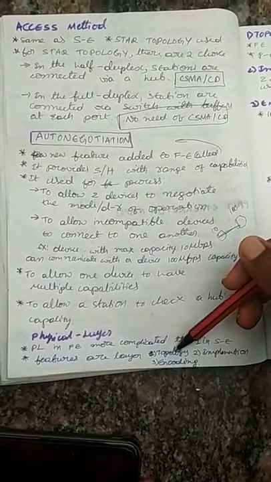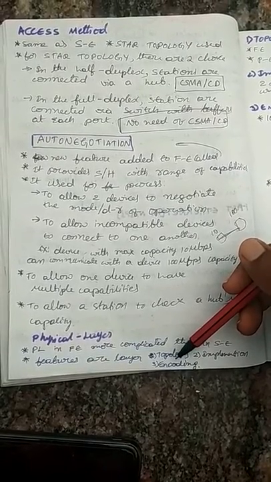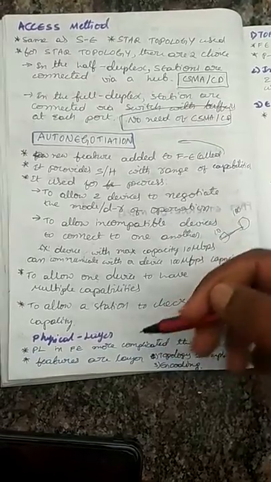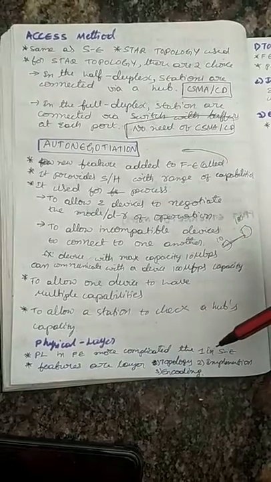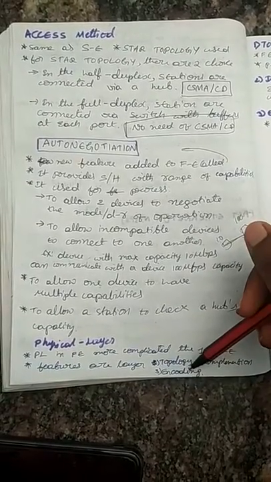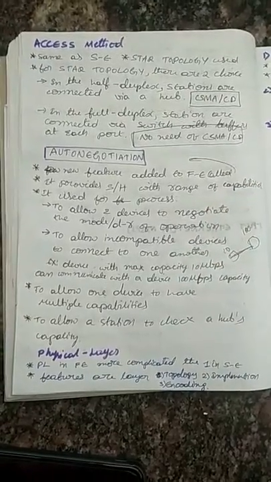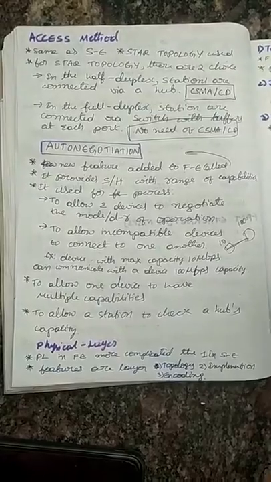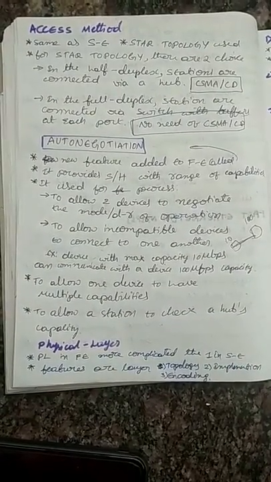We know what is meant by topology. Topology is nothing but how we are going to connect the devices in the network. What the topology is, how we are going to implement it, and what encoding technique we are going to use, we are going to discuss one by one. First the topology, next implementation, next encoding and decoding techniques.